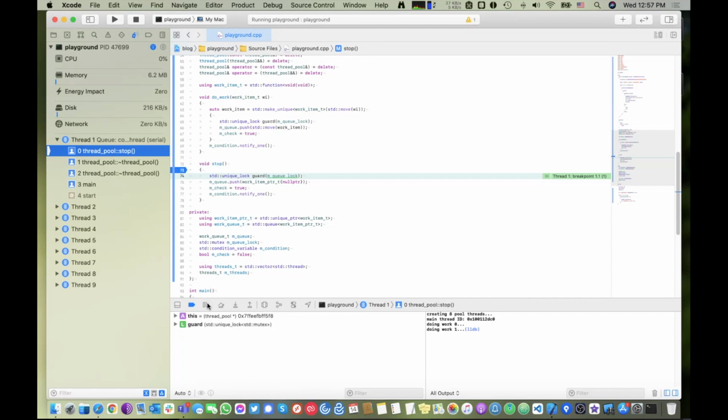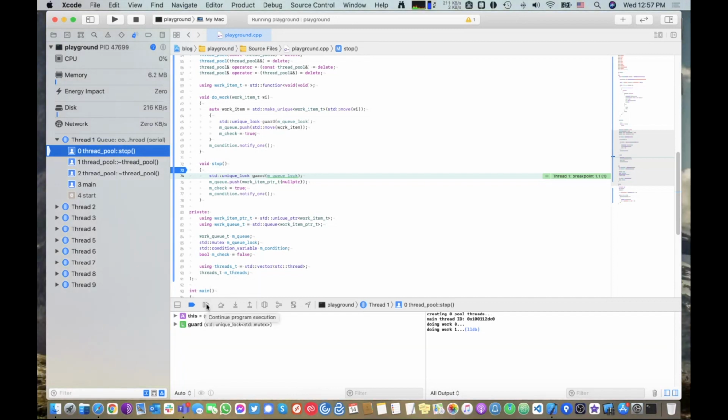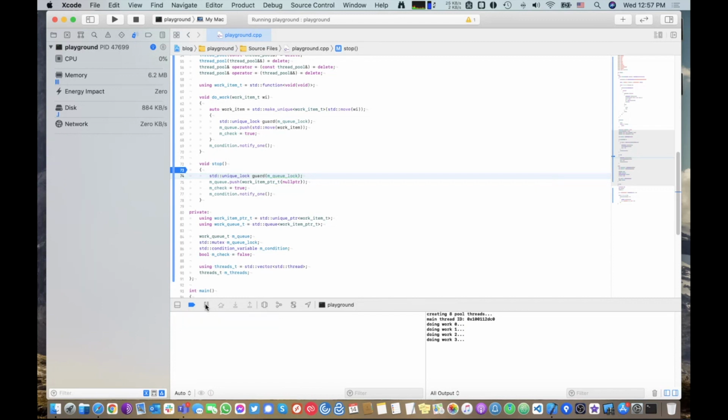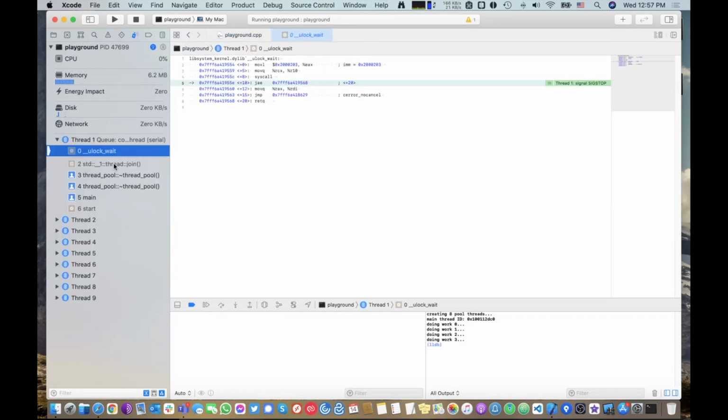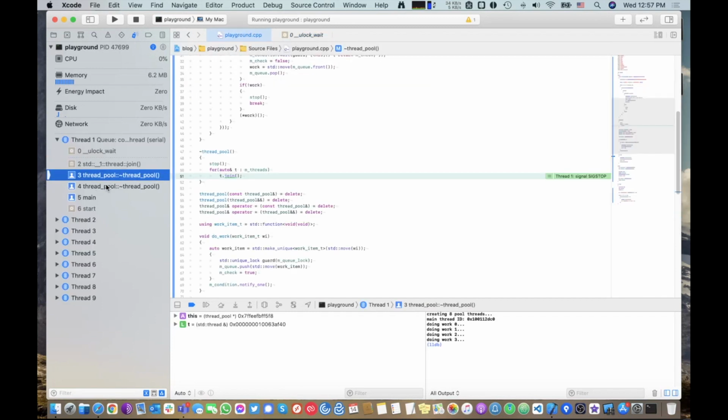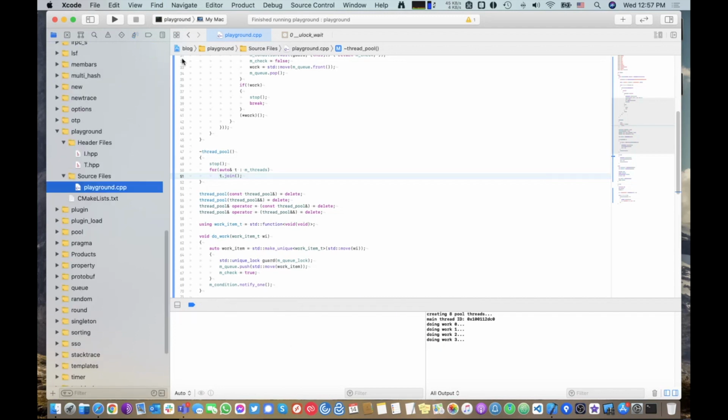So that should keep the... and it looks like it's stuck. Doing work 0, 1, 2, 3. Should have done work 4. Why? Let's pause it. So there is a thread here we didn't join. Okay. I suspect maybe it has something to do with the fact that we're doing it outside of the main